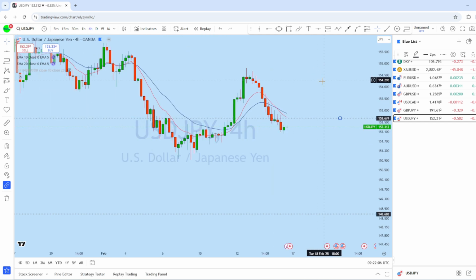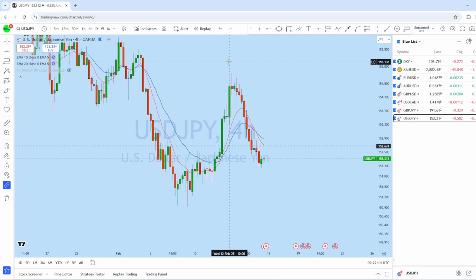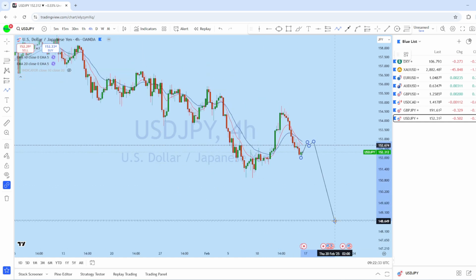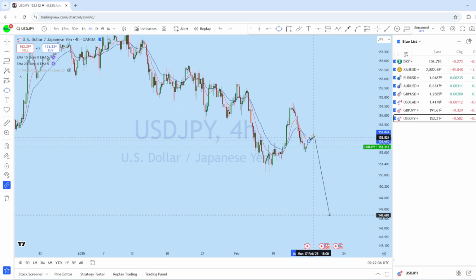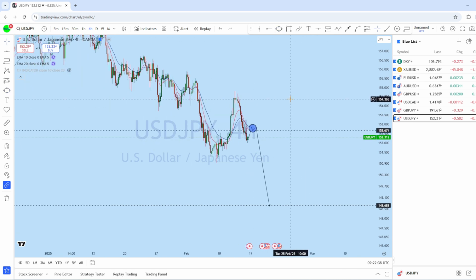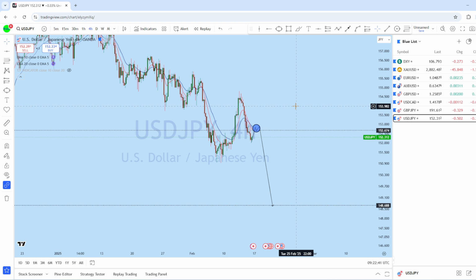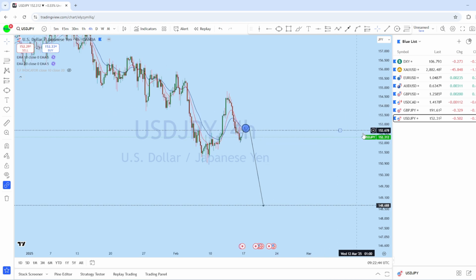Now looking at the 4-hour chart, we can see after this bounce, the market straight dropped back to that support level. And what we can see here is that this is where the market multiple times formed a long wick candle. As it has already broken below, what we can expect for dollar yen is to retest and then return again to that support level. That could be the level that we can look for a potential selling opportunity on dollar yen. And I think the market may remain bearish throughout the week, as we are expecting downward pressure on DXY.